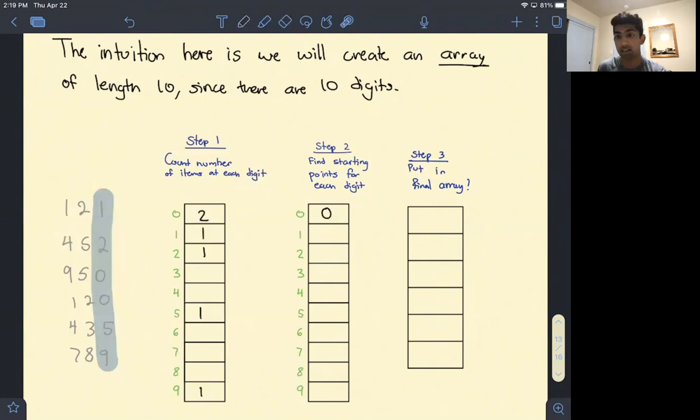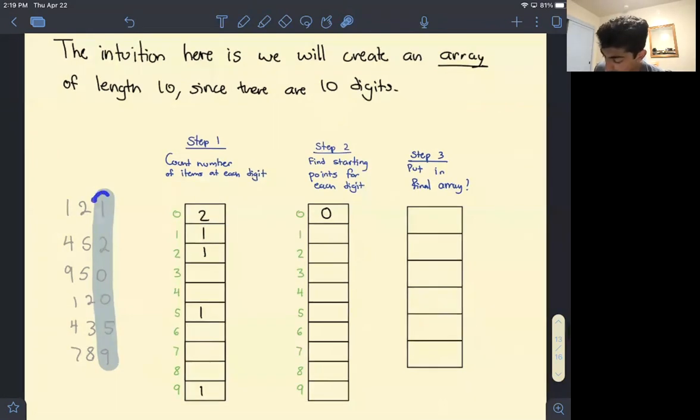So what we're going to say is that since there are 2 numbers whose digit we're comparing is 0, we know the first number in our final sorted array whose digit is 1 will appear at index 2. The reason for that is we know that in the final sorted array, we're going to have